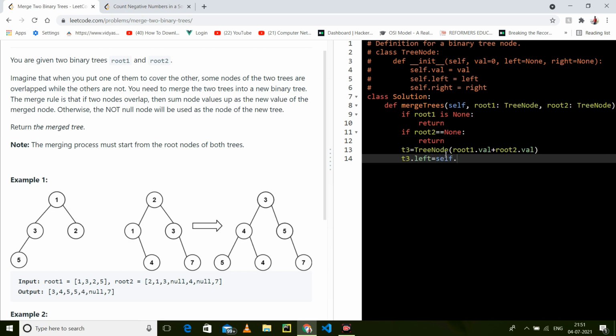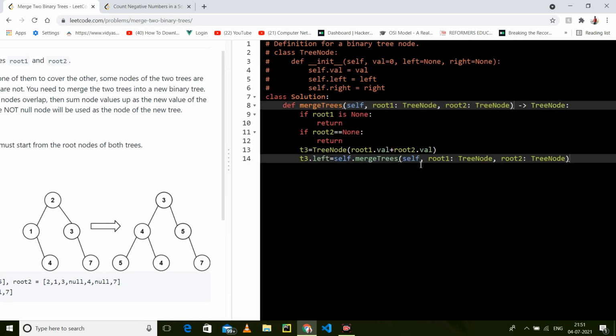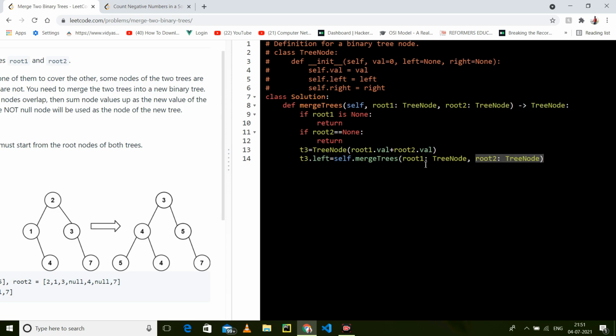Now we will call this function again, because this is a recursion problem. We will call it on the left of it, and in the same manner we have to call the right.